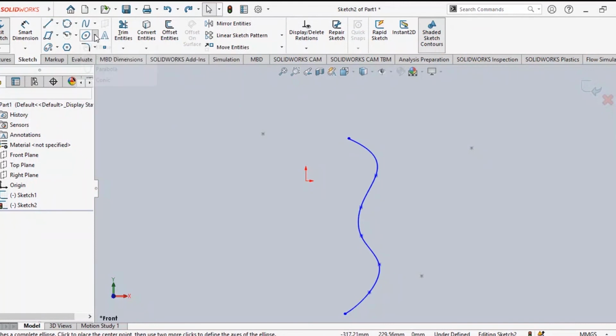Ellipse. Ellipse also, 4 different types of ellipse are there. First one is ellipse, second one is partial ellipse. There's some part of the ellipse will be done. Next one is parabola, last part is conic section. These are not that much of important, but you can do. Let us see first one, ellipse, what it is telling.